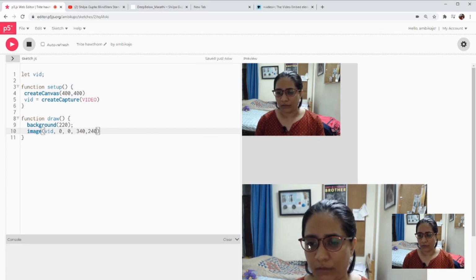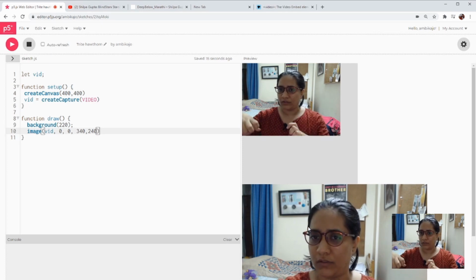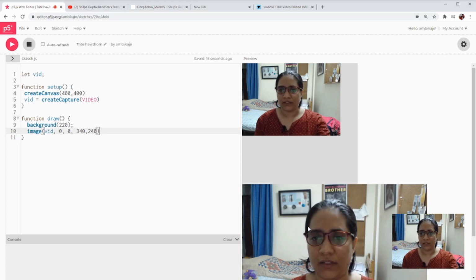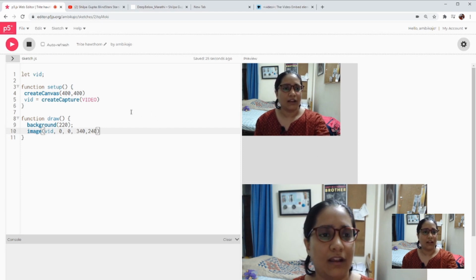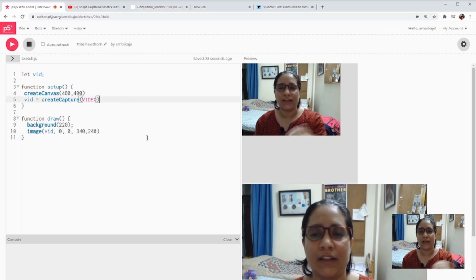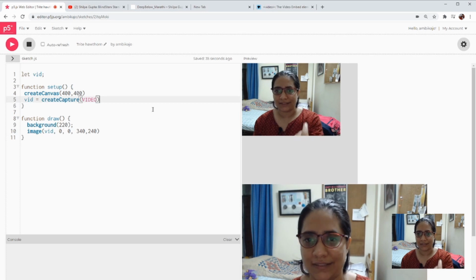The video at the bottom is embedded within your browser through the P5.js command. But the smaller video window I have within the canvas, wow, I'm like three times the video. It's kind of boring to see me so many times. This is basically the one we are calling onto our P5.js sketch.